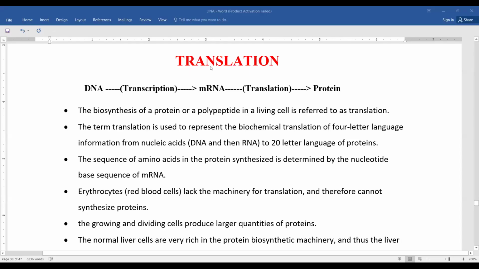So what is translation? The biosynthesis of a protein or a polypeptide in a living cell is referred to as translation. Protein synthesis is called translation, with the help of mRNA and ribosomes. That is translation. Formation of mRNA or RNA is called transcription, and formation of protein or polypeptide is called